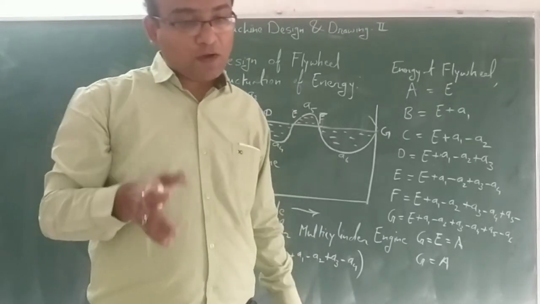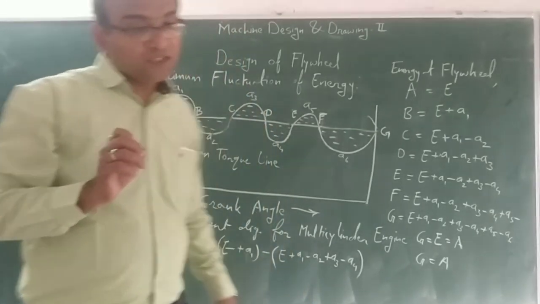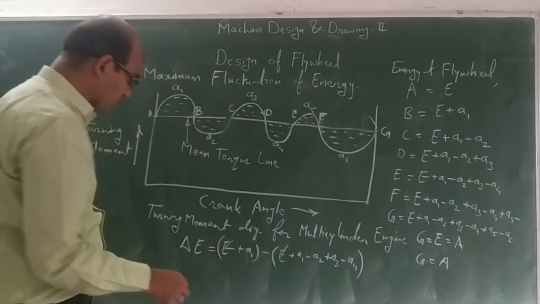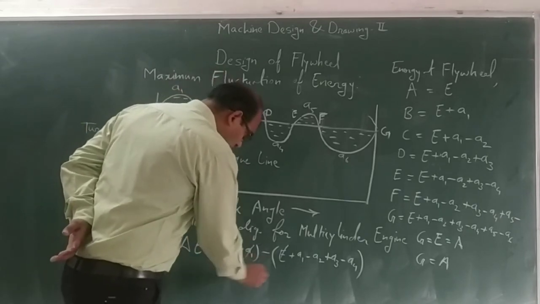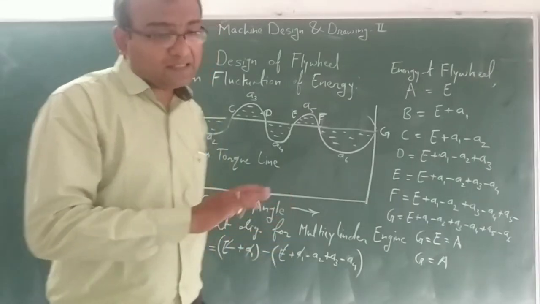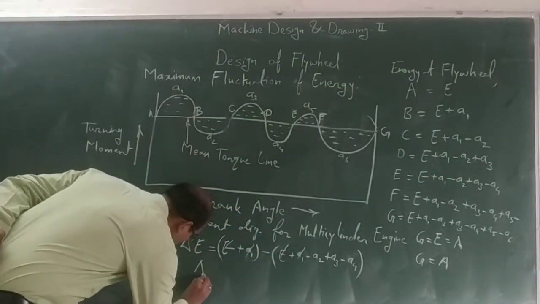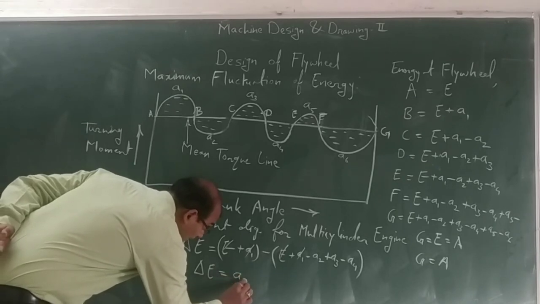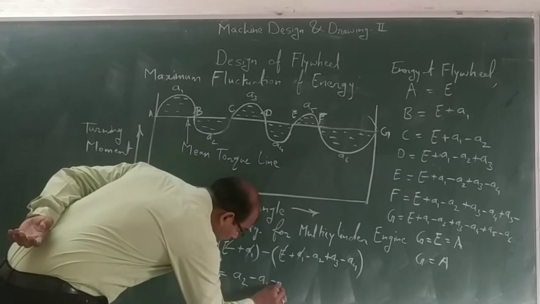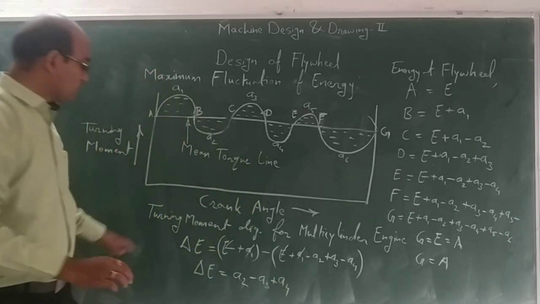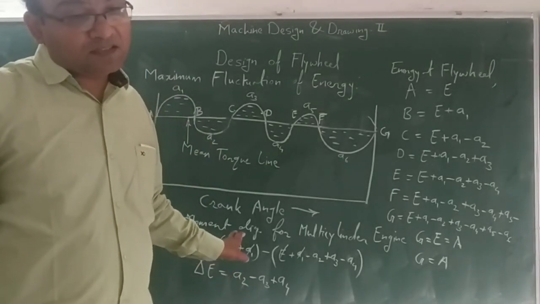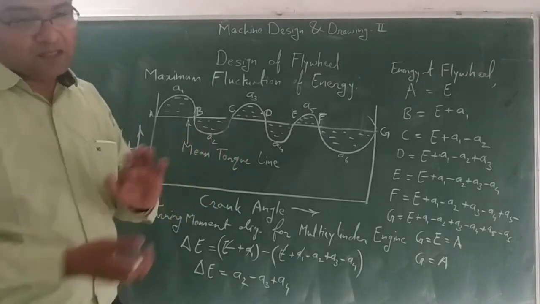Okay, that's why maximum fluctuation of energy, from that E gets cancelled, then your A1 also cancels. After that minus minus plus, so del E equal to A2 minus A3 plus A4. That's your maximum fluctuation of energy. Okay, then